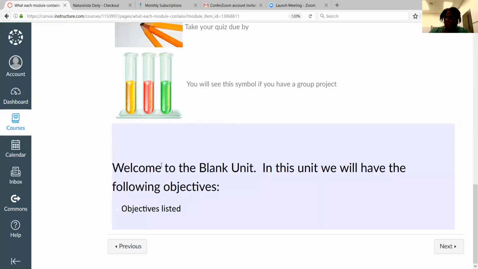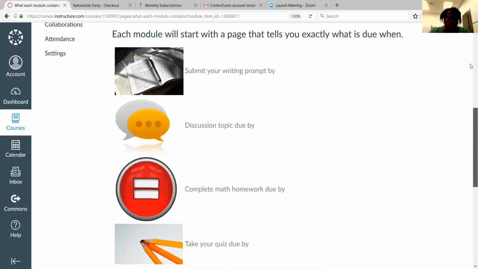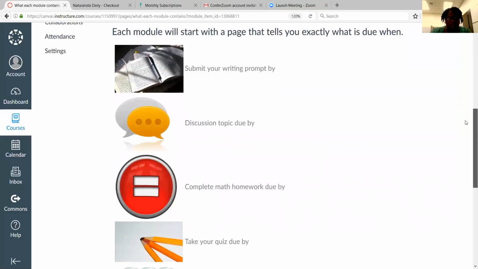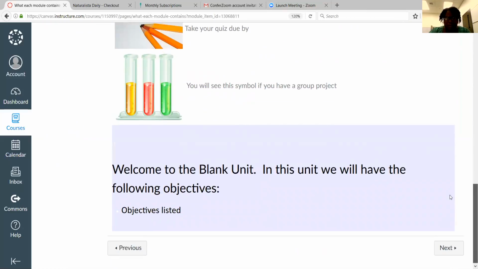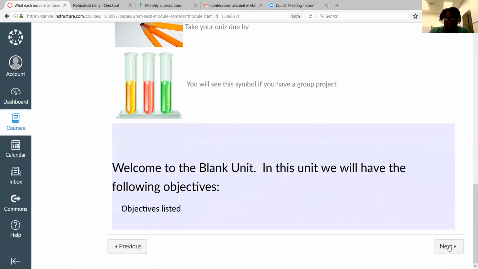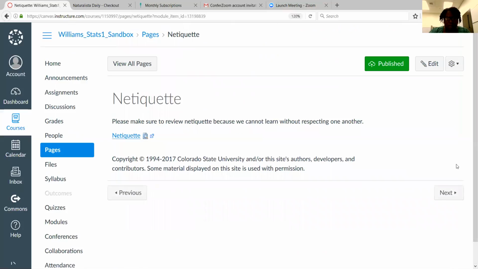And then this will be welcome to whatever unit. In this unit we will go over the following objectives, and then the objectives are listed. The reason I put this down at the bottom is because students usually have anxiety about what's due in the week. So I put the objectives, but I put them at the bottom. So now students